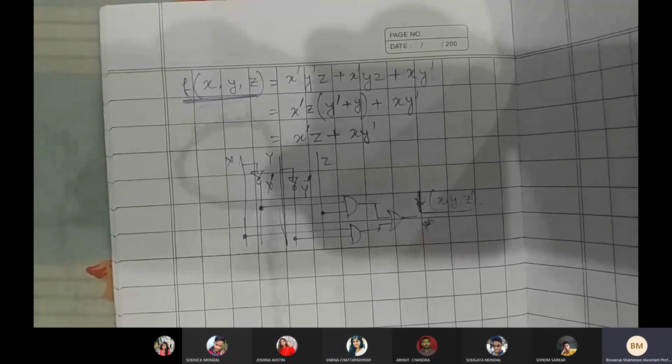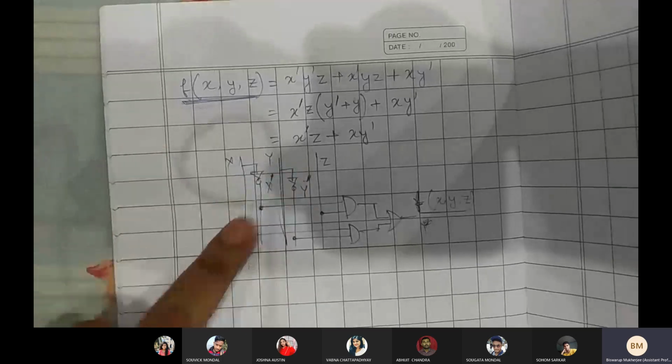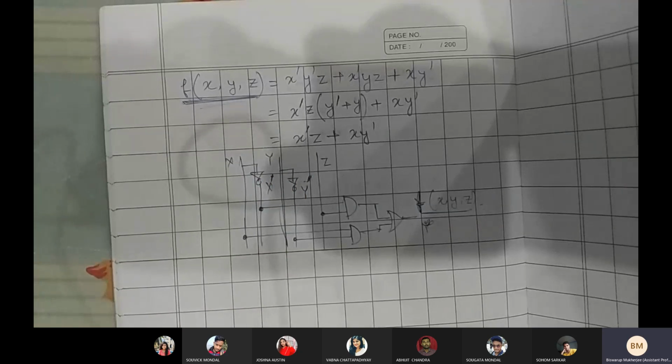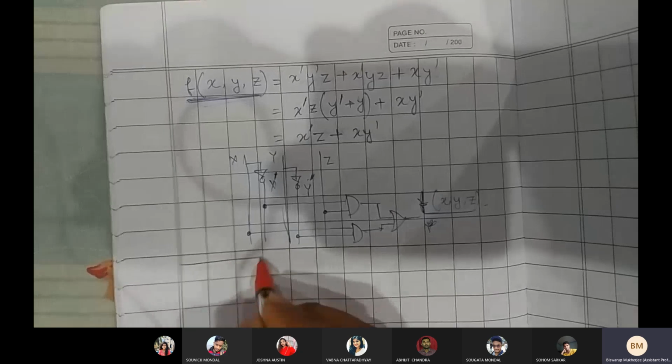Sir, I would prefer that you go through the book and practice this Boolean function minimization, simple Boolean algebra. In your books, you will find a lot of examples. You go through that. Do not think that it is very easy and that we can do it directly in our exams. Until you practice the algebra, it could be a little bit difficult in your final exam. Whatever. So let us come to the next part.